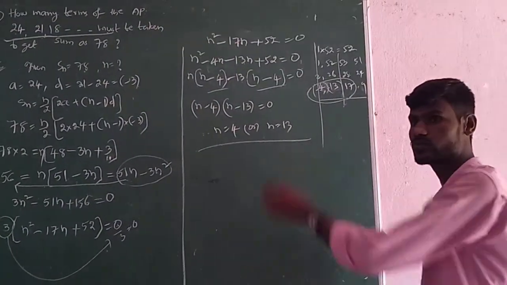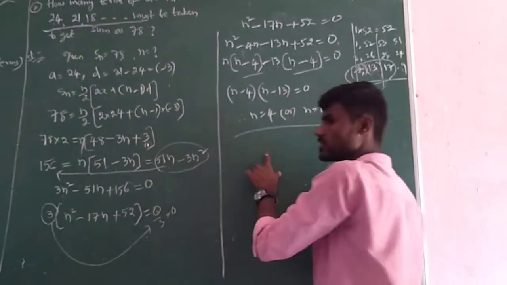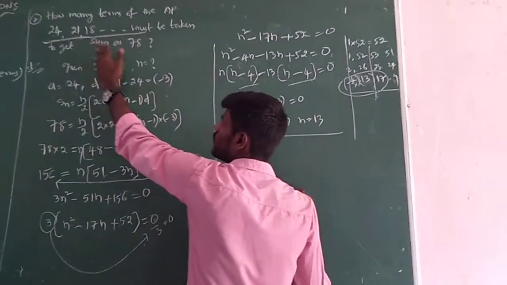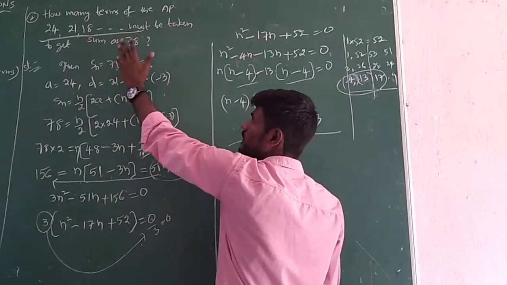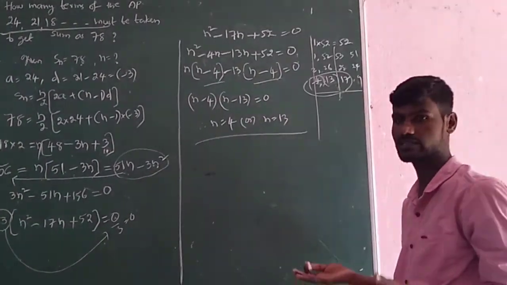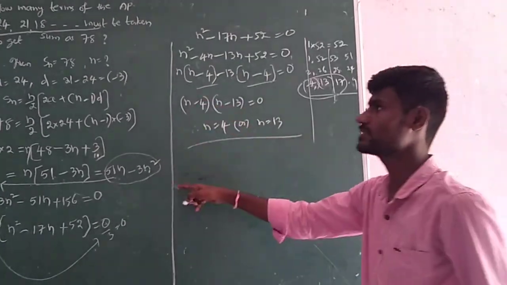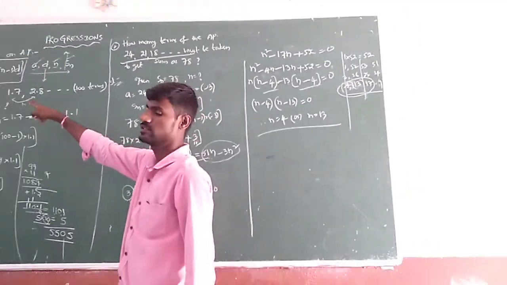How is it possible with two cases? Actually it is a decreasing AP, that's why two cases are possible, because in a decreasing AP if you go on, at a certain point you will get negative numbers also. So in the 13 terms, some will be negative, some will be positive. If you add them you will get the result as 78. So this is the way of asking the problem based upon Sn.